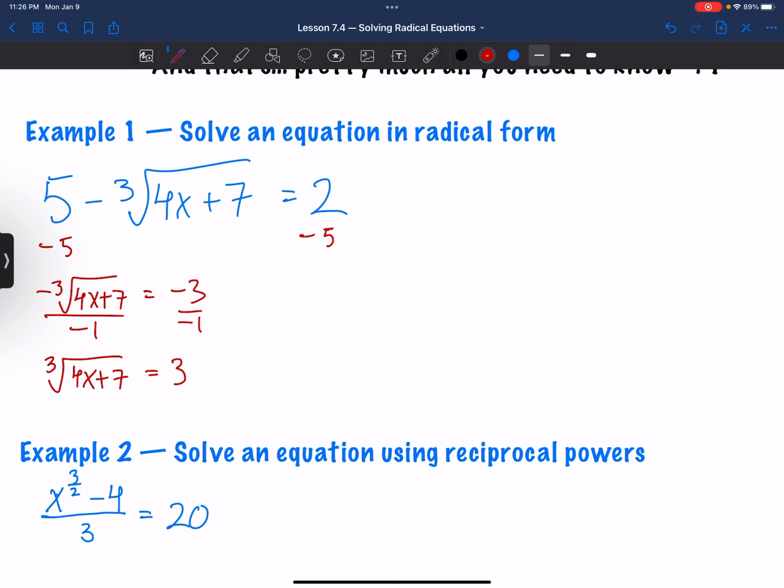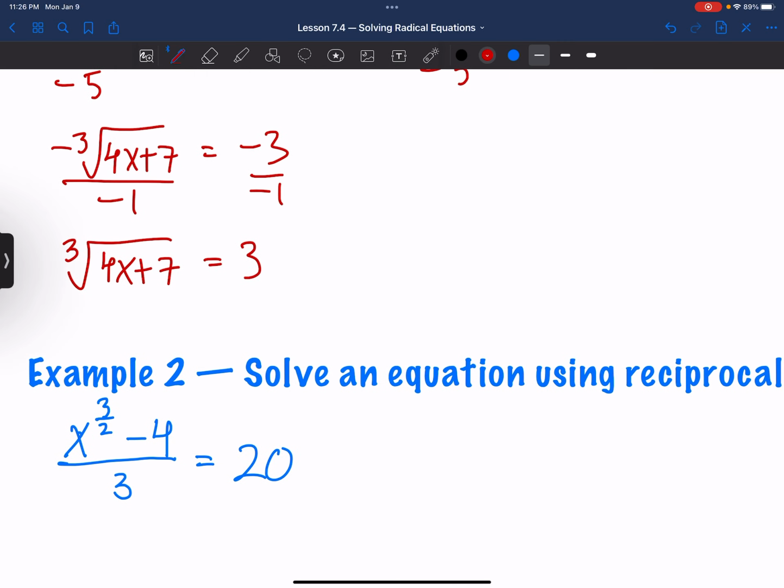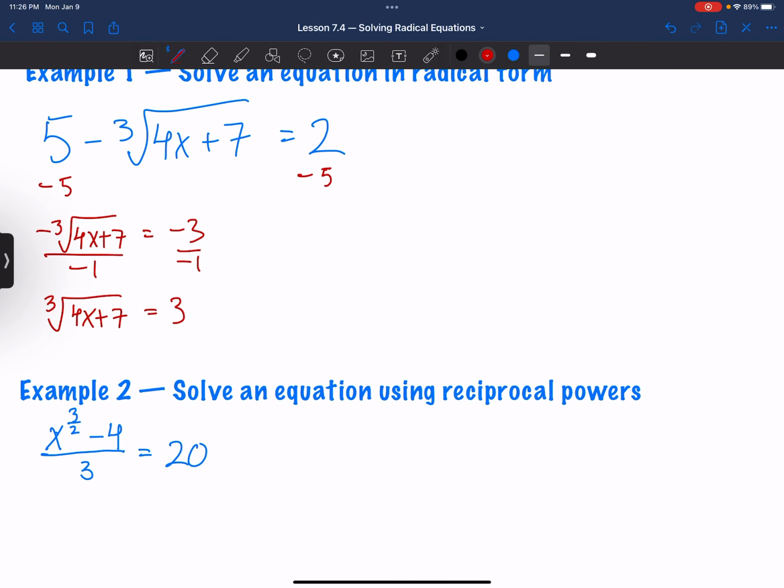I will say this, you don't have to divide by negative 1. You could actually go ahead and cube both sides. However, I like to just get rid of the negative because you have to be careful if you're going to do that. And maybe we can talk about that in class as to why. But anyway, from here, you should see that you can cube both sides. And if you do that, you get,